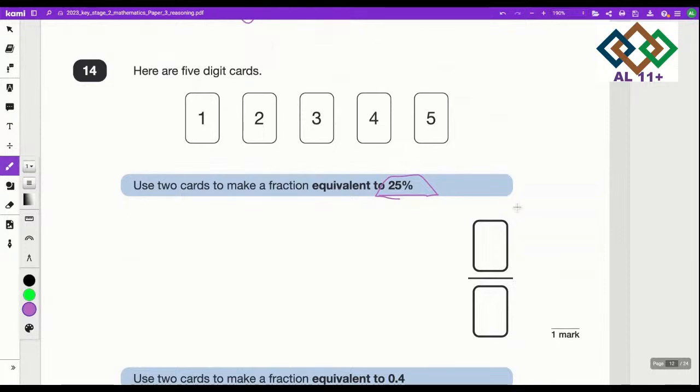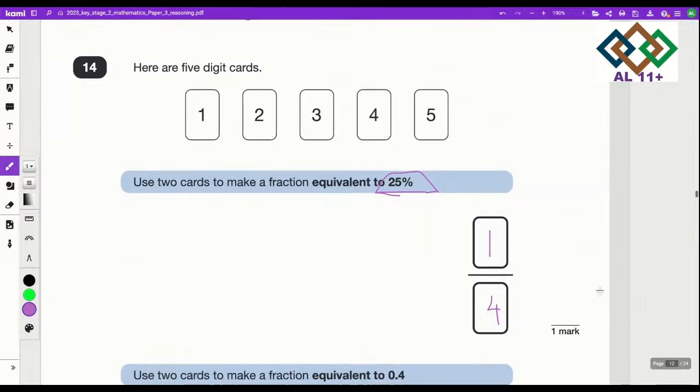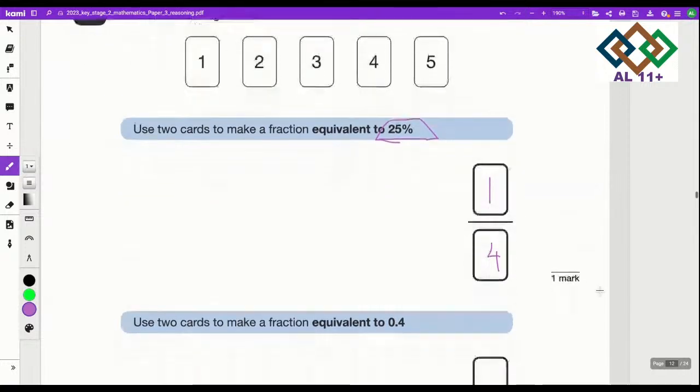So for this, your answer would be 1/4. So you have to basically try doing it. Half is 50%, 1/3 is what, and 1/4 is 25%. So you should remember your percentages really well. And now the next thing they are telling you